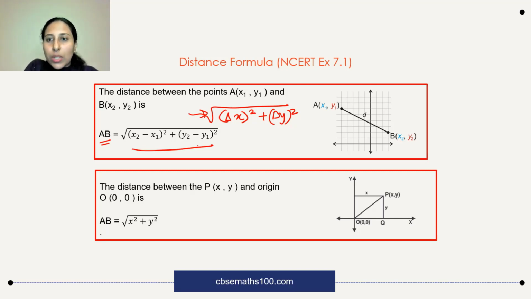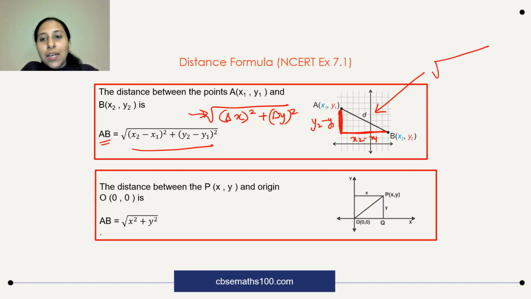Now, what is x2 minus x1? X2 minus x1 is this horizontal distance between the 2 points. And what is y2 minus y1? It is this vertical distance between the 2 points. Okay. Now, once you find this, we are basically using Pythagoras theorem over here. We are using Pythagoras theorem to find the distance by doing root of both the other sides' squares. That means root of the sum of squares of the other two sides. Okay, so you're getting root of x2 minus x1, which is one side of the triangle, that squared, plus y2 minus y1 squared. This way we get the hypotenuse, which gives us the distance between the 2 points.